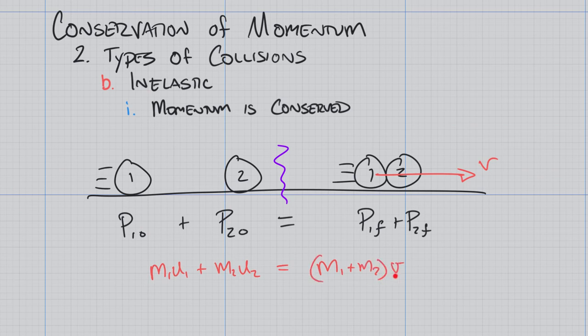And we can do this because the two individual objects have the same velocity, so we can factor out that velocity and simply get those two added together. But notice that my initial equation is still the same. All this is doing is saying, okay, this would be mass velocity 1 plus mass velocity 2. And these two velocities would be the same, so I can factor those out to get mass 1 plus mass 2 times whatever the resulting velocity is.